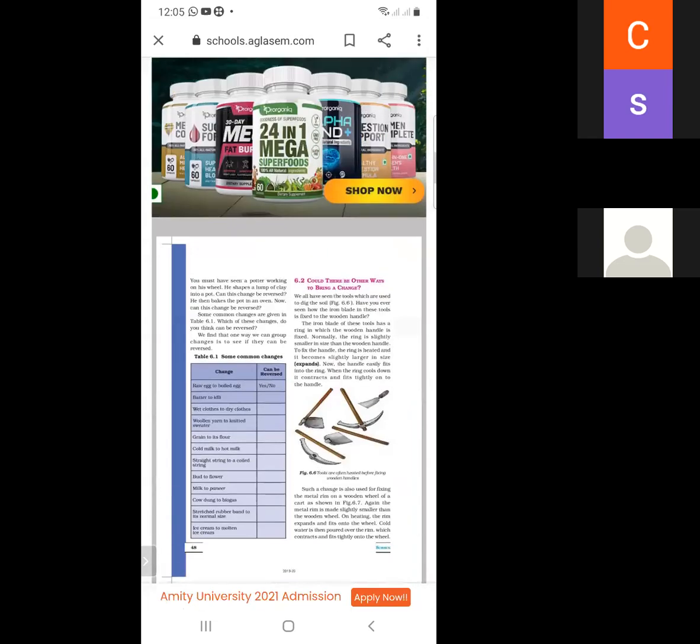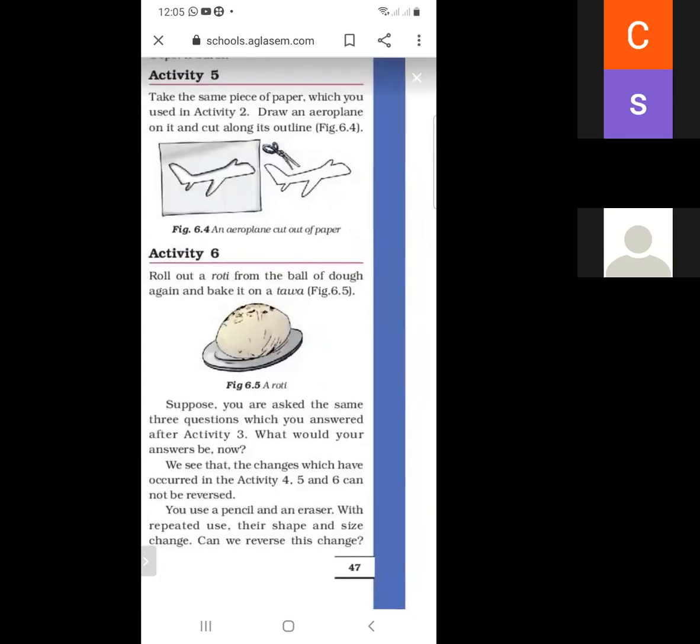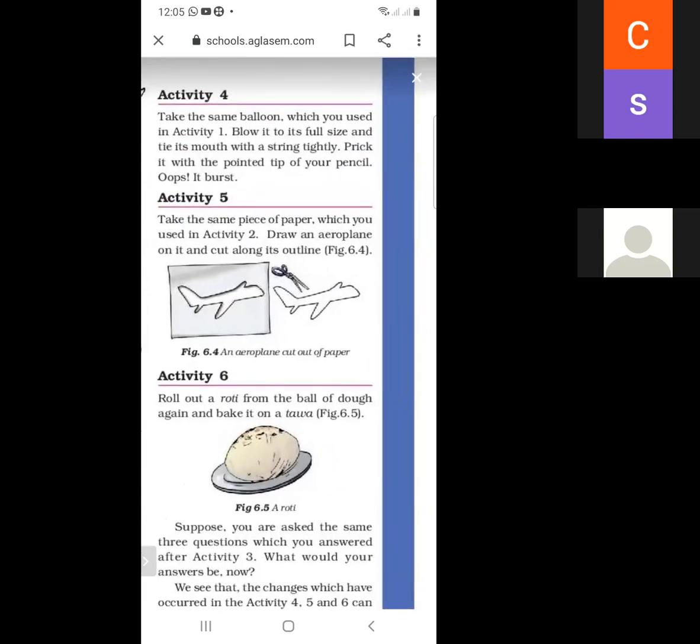So again, I am repeating. In activity 4, we take a balloon and blow it up to full size, and then we prick it with the pointed tip of a pencil and it bursts.